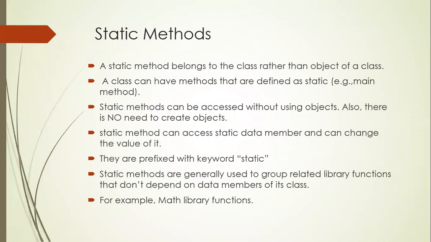Okay, we'll go ahead with static methods. Hope you have understood what a static variable is. If you declare a static variable, memory will be created only once. For an instance variable, memory will be created for each object. If you have 3 objects and 2 instance variables, 3 into 2, that is 6 blocks, will be created. If you use one static variable and you have 3 different objects, only one block of memory will be created. Coming to static methods, a static method belongs to the class rather than the object of a class.